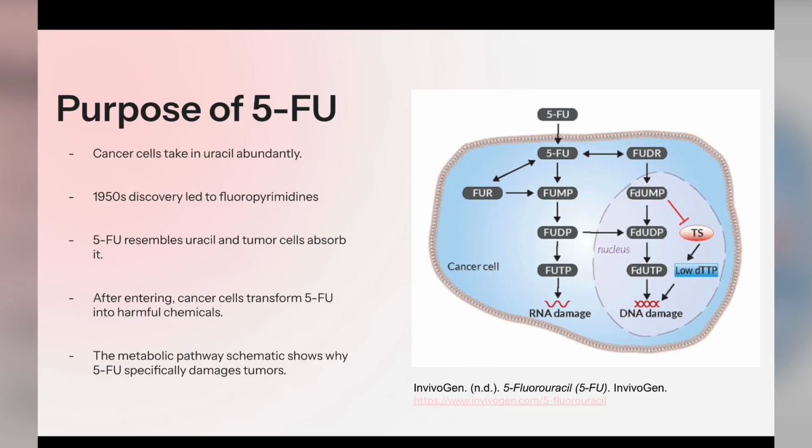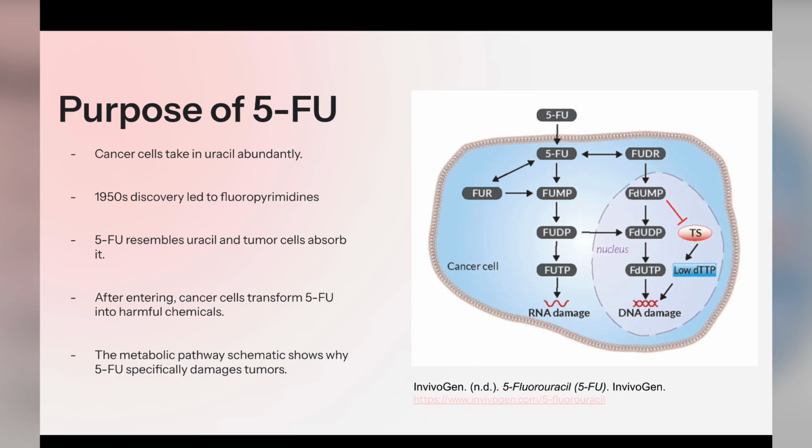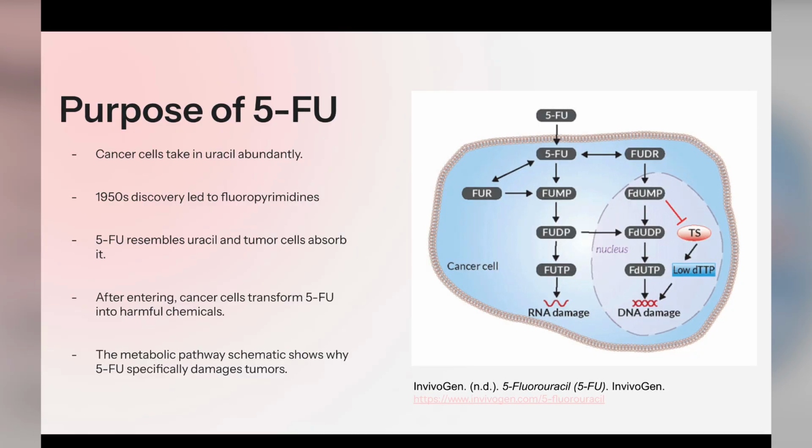So first, why do scientists produce 5FU? My first slide is going to be touching this, and understanding the purpose clarifies everything. So let's proceed to slide 2. Researchers discovered that cancer cells drew in uracils quicker than normal cells in the 1950s, and this finding was very important. This finding inspired researchers to create,